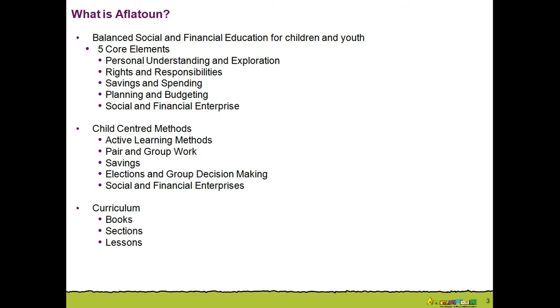So the final component that we think about when we're thinking about what is Aflatoun is, of course, a collection of books. Each book has sections, and each section has lesson plans, and all of these have particular objectives, right? And it's important for us to distinguish the objectives from the lesson plans, because obviously our partners, including you, need to make adaptations for your local context of the lesson plans, but we hope that the objectives remain more or less the same.